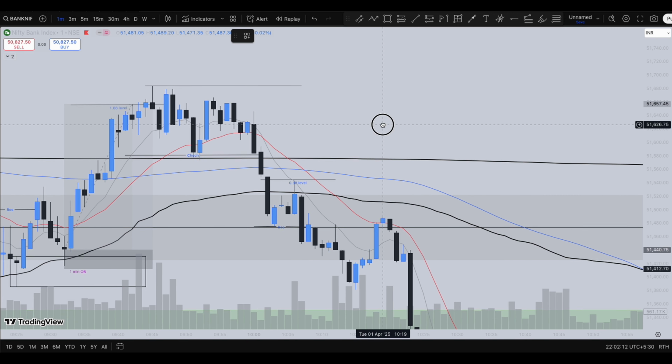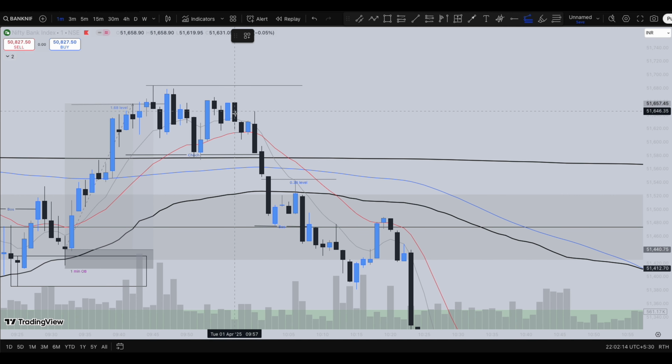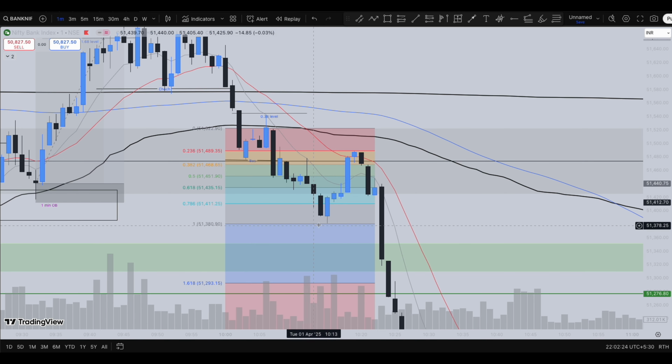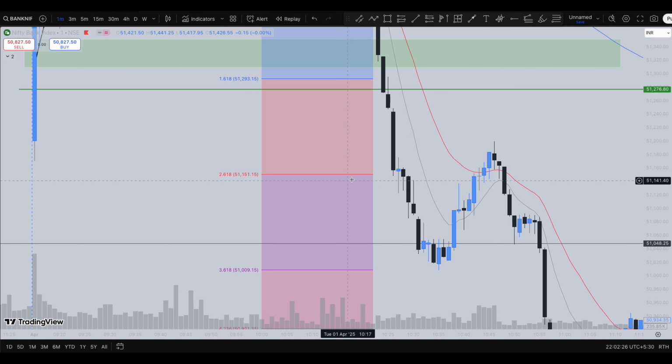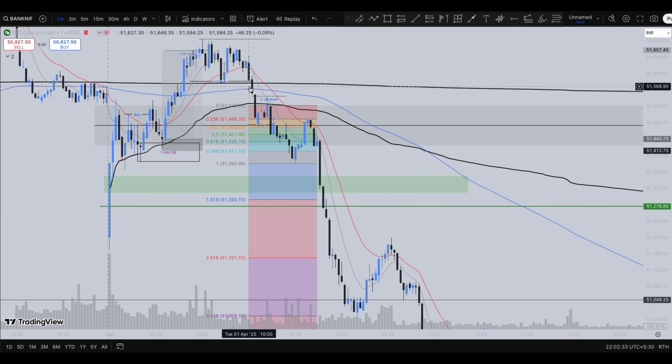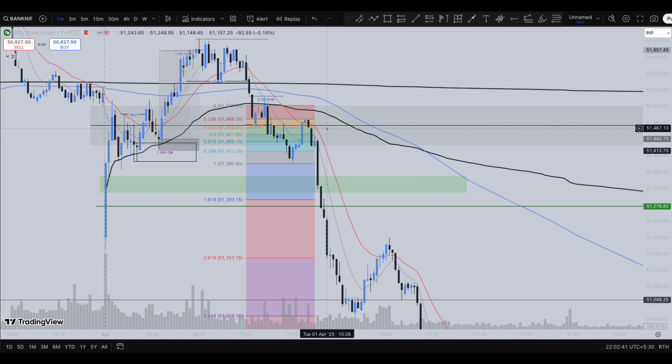Or you could have easily plotted the fib extension levels here itself, guys. If you plot the fib extension levels from the common points between these, you could have targeted the 100% move, the 1.68, the 2.61 level, or the 3.61 level. You can see how the market came all the way to the 3.61 level. In case you might have entered here, guys, you could have traded as long as the market is trading below this 21 moving average.